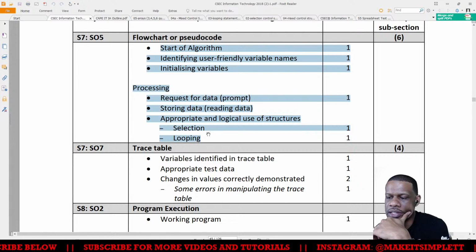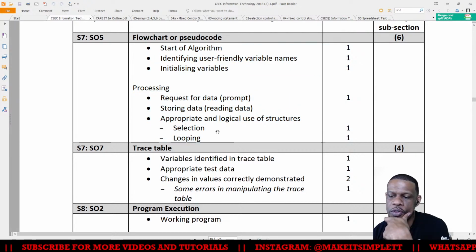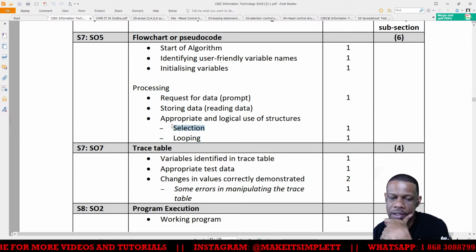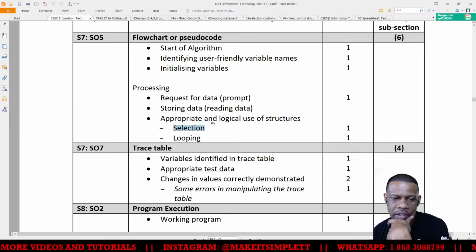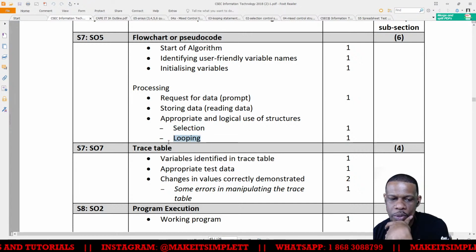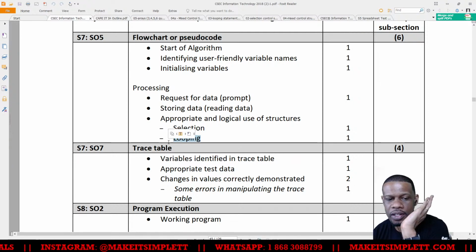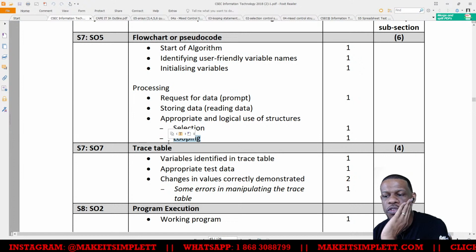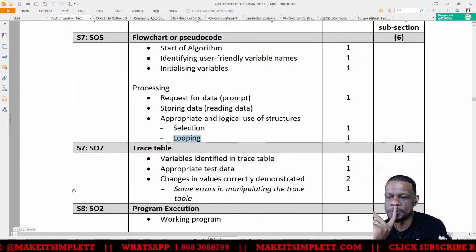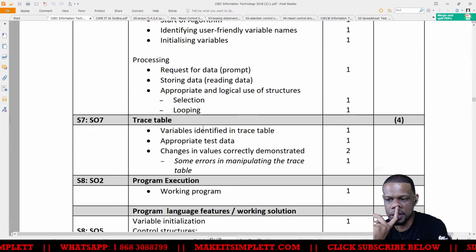Right. Understand what you're saying. So that is to demonstrate the skill. So Faith, if you do your flowchart and you have one of the ifs working properly, you'll get it correct, because you show that you know how to do it. And if you have the loop working properly, you'll get the marks. Whether it's 2 loops, 4 loops, 5 loops, 10 loops, it doesn't matter. Once you prove that you know how to do it at least once, your teacher has to give you the mark. Yeah. Okay. That's some good knowledge there.